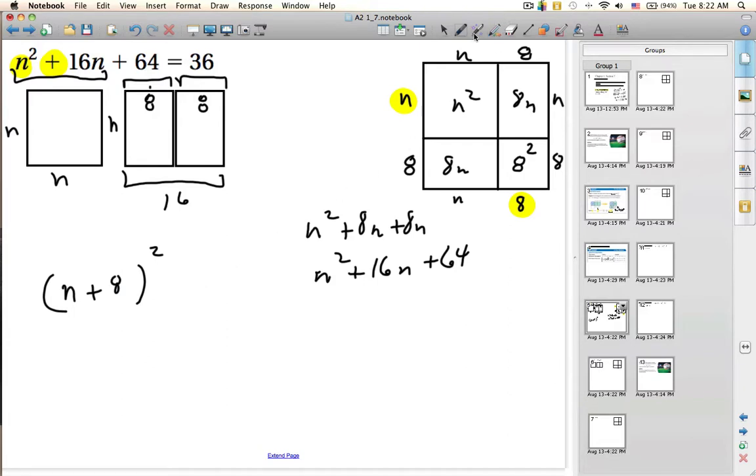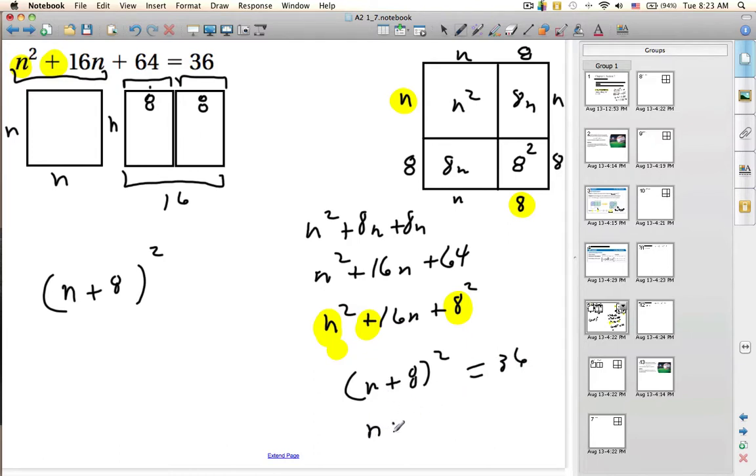So again, and this might be an easier way for you to think about it, if instead of writing 64, I write it as n squared plus 16n plus 8 squared, then it might be even easier to identify the parts that I need for my binomial. There they are. So n plus 8 squared. So if that's equal to 36, the point here is I'm going to square root